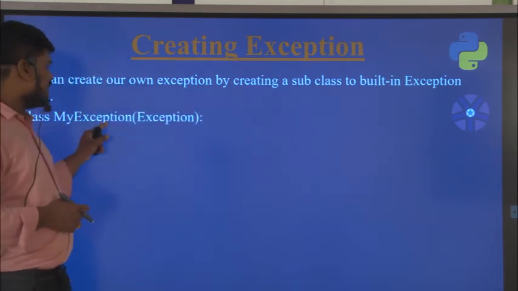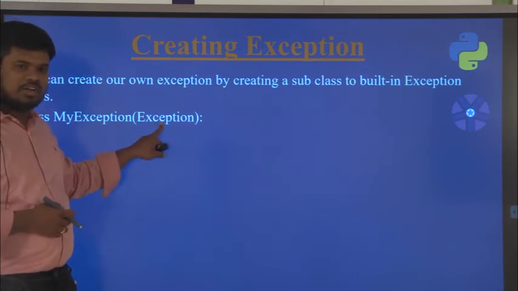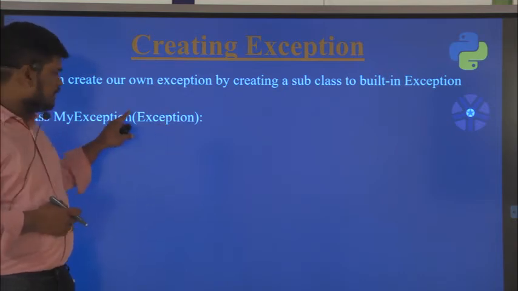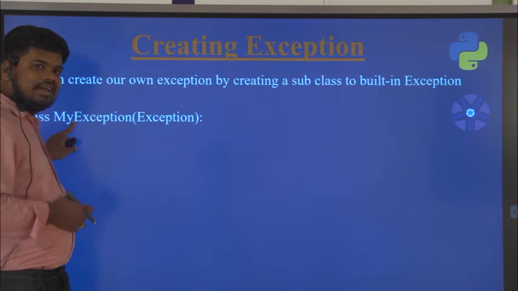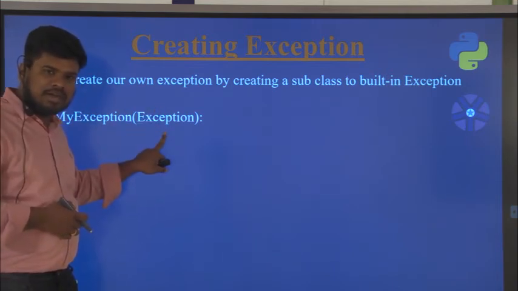So class MyException, here I am passing Exception, the base class, as an argument. From looking at the syntax I can clearly say that it is single inheritance. This is my own class, I have created it and I have passed Exception as an argument here.